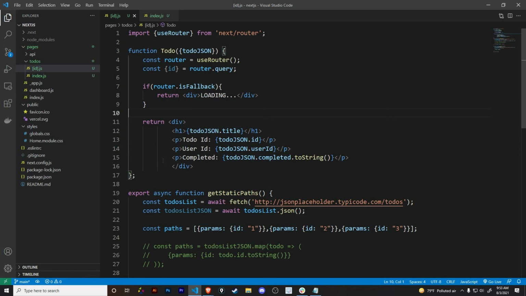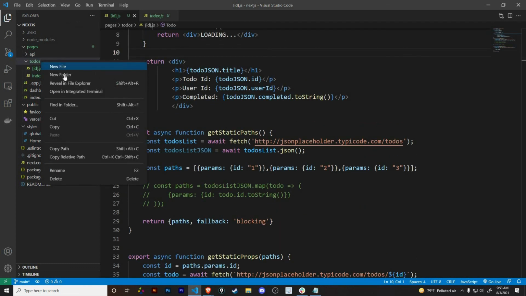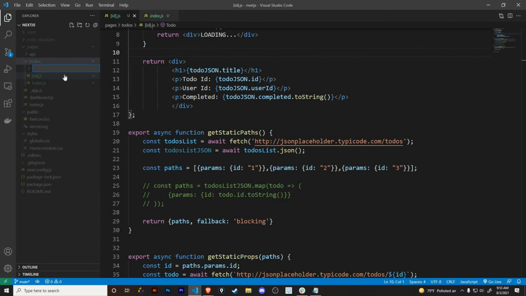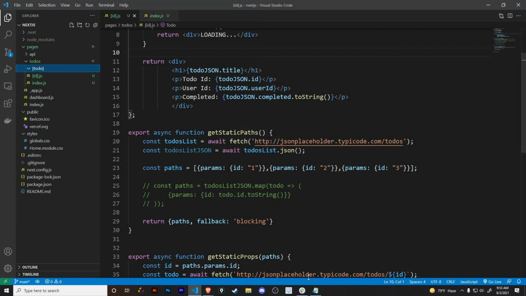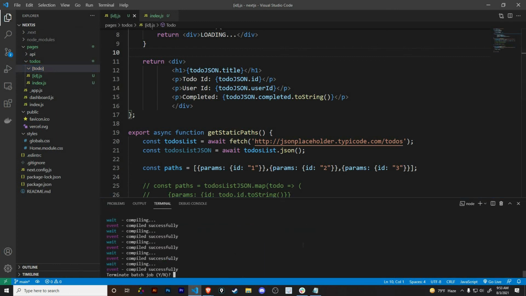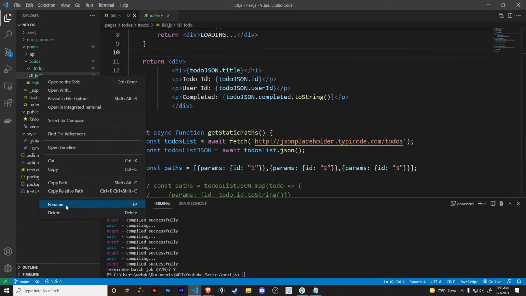But anyways, for those guys that want to look at this, it's exactly the same thing. The way we had it before was a folder, and this is going to be the wildcard to-do, because this is going to be a specific to-do, and inside this folder I'm going to stop this because it's probably going to give me some errors. So I'm going to move this up here, and what we did was just call this index.js, right? So rename